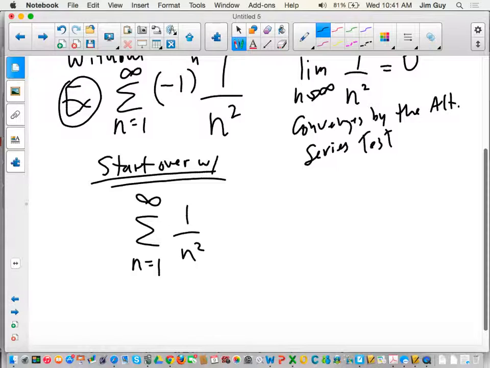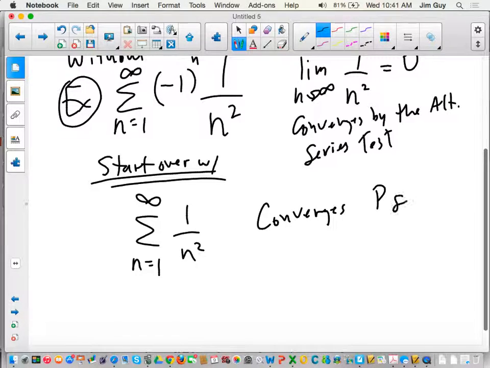You would start with that, you get 0. Does that tell you anything? Nope. So then would you try the P-series, right? This is a P-series. Converge or diverge? If it's greater than 1, it converges. Okay, so this converges